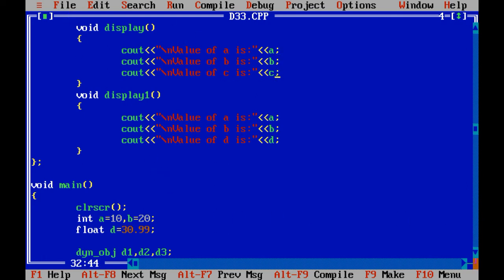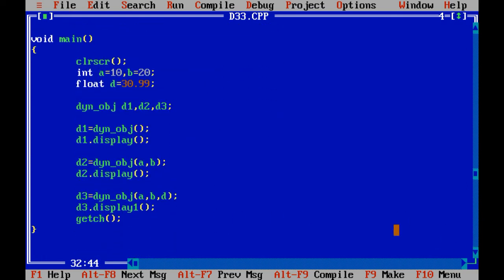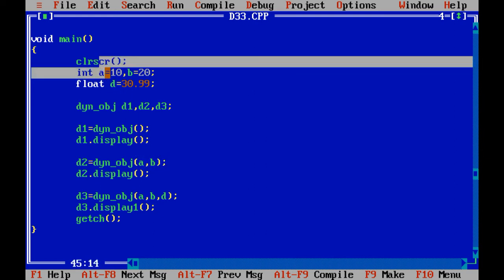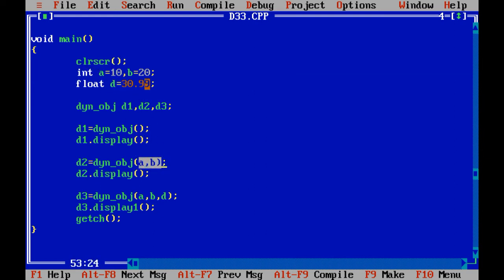Now consider the second situation. We have created one object called d2, right? With d2 I have passed two values. The value of a is 10 and the value of b is 20. So it will first check whether I have created any constructor with two arguments.